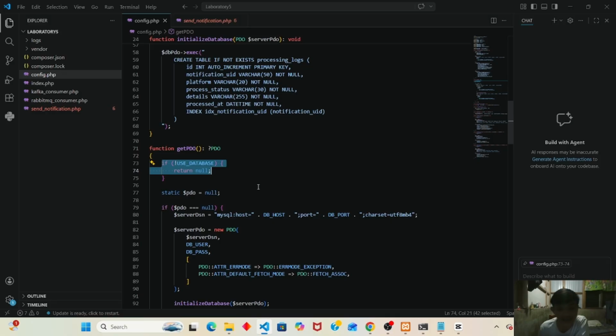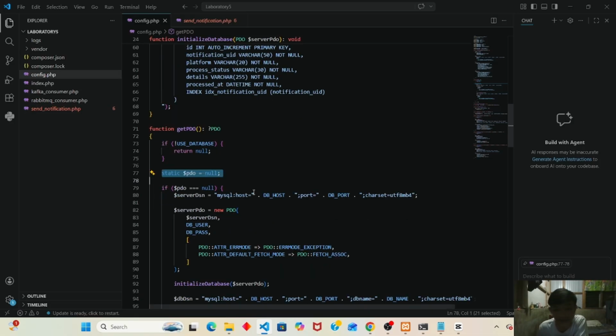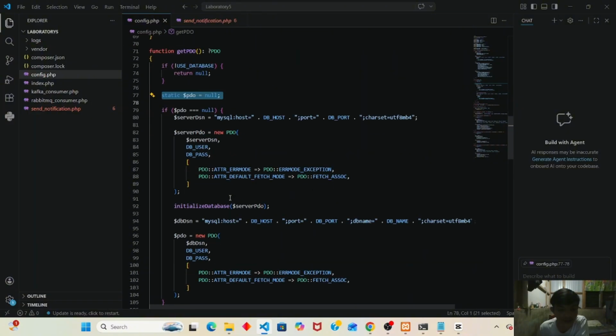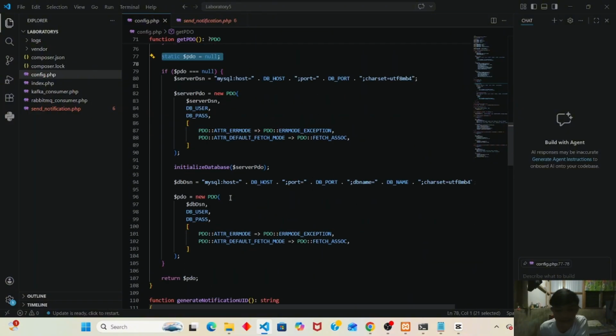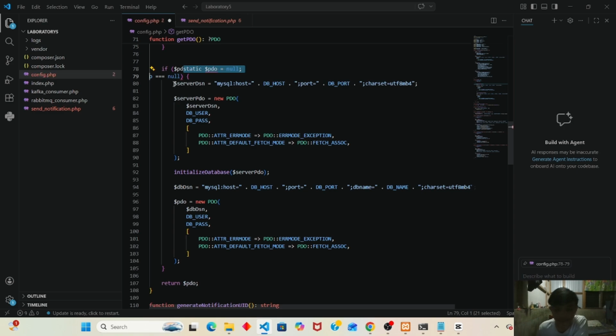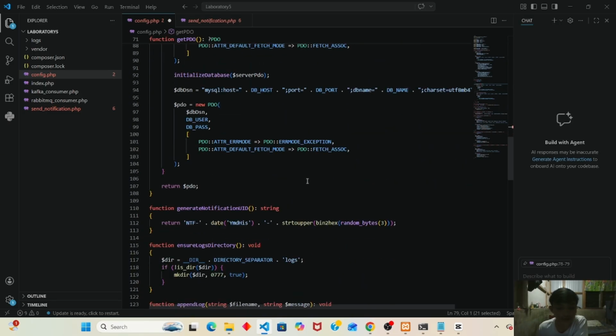So we use static PDO. So the connection is reused. It is faster and efficient. We also have here the calls. Initialize database first ensures the DB and tables exist. So this is important because it is a safe and optimized DB connection.